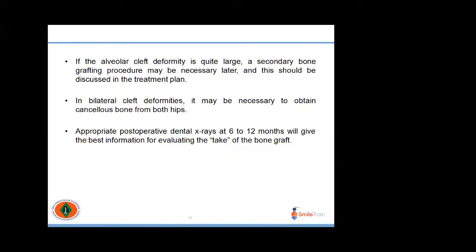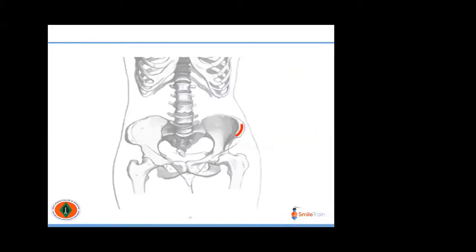So if the bone is going to be enough to cover the two bilateral clefts, I do them at once. If not, then you have to defer and do one side at a time. Appropriate post-operative dental X-ray at 6 to 12 months will give the best information for evaluating the take of the bone graft. This is the marking for the iliac bone graft from the anterior tubercle